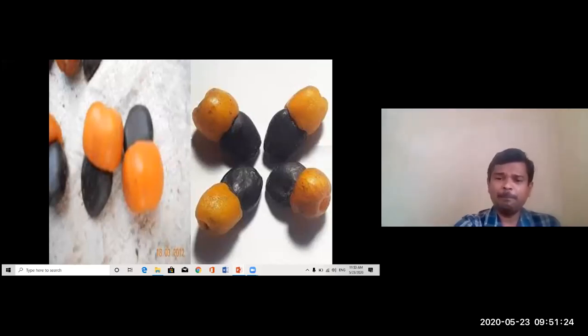Okay, by observing that black colored part, they used to say Taila Bija, Danur Bija, by observing Prutak Bija. But botanically, when you cut that orange colored part, there is a fleshy part which will not contain any seed. But that black part, that black fruit, when you cut, inside that you will get the seed. That seed we used to call in Kannada Keru Bija. Okay. So this orange colored part is the false fruit and the black colored part is called the true fruit.